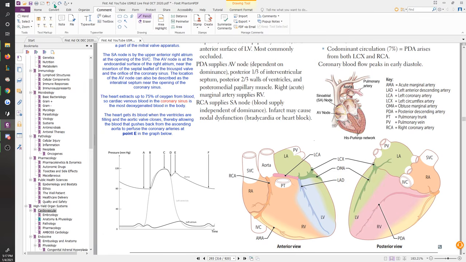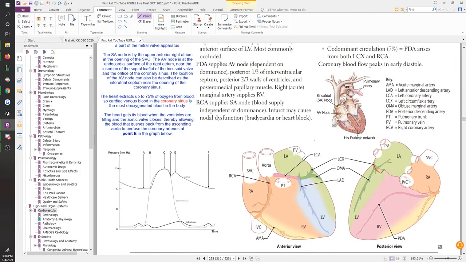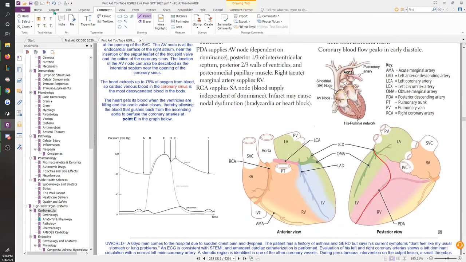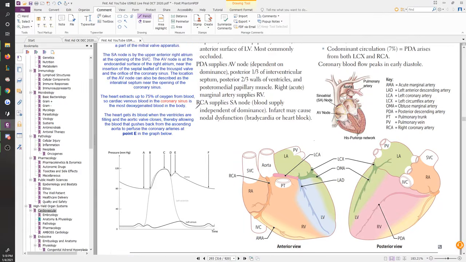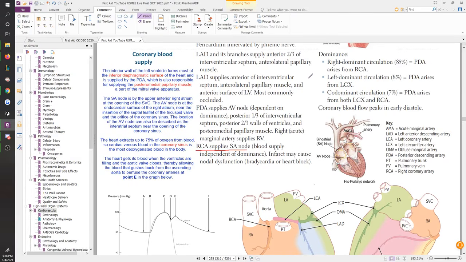So then at that point, you would have left dominant circulation where it's coming off of your left circumflex, or you're going to have something co-dominant, right? So the left circumflex right here could give you the PDA like that. That happens in what they say about 8% of people. So that's a pretty significant number of people. Either way, right, although your RCA is the guy that will always supply your SA node, who supplies the AV node is dependent. However, in the majority of people, 85% of people who have right dominant circulation, your right coronary artery is the one that will also be supplying your AV node through the PDA.